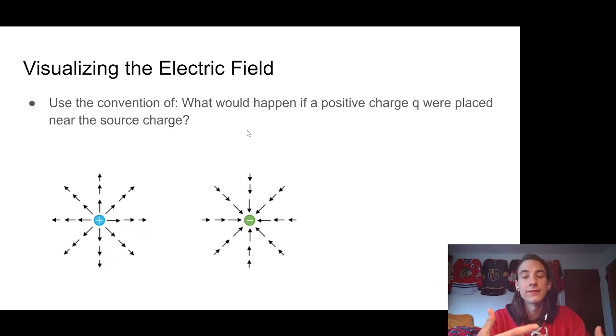And I just kind of went over this, but when we're drawing electric fields, we're going to use this convention of predicting what a positive test charge would do if it were placed near the source charge. So the direction of our field lines are always going to be based on what would happen if we brought a positive charge into this field. So it'll go away from positively charged objects and towards negatively charged objects. So the field is defined as what would happen if we were going to bring a positive test charge q